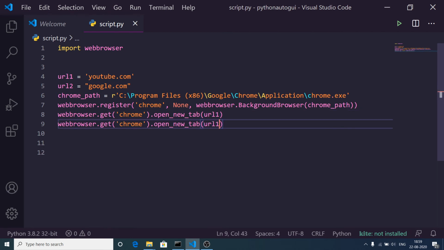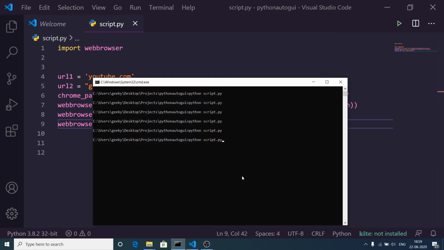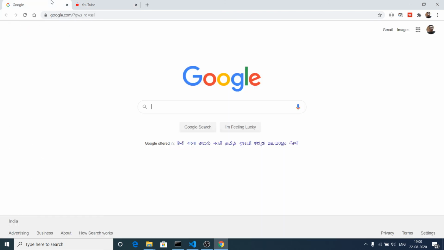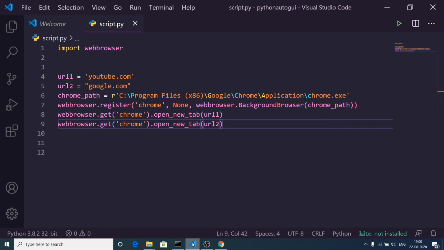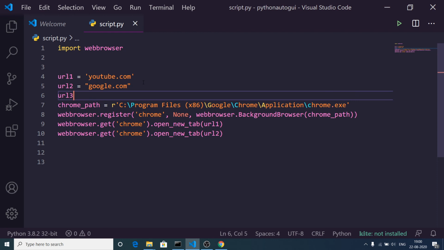If I replace here url2 and again run this, you will see in the first tab it opens YouTube, and in the second tab it opens google.com. So in this way, guys, we can create as many URLs as you like. This is totally dependent upon you.